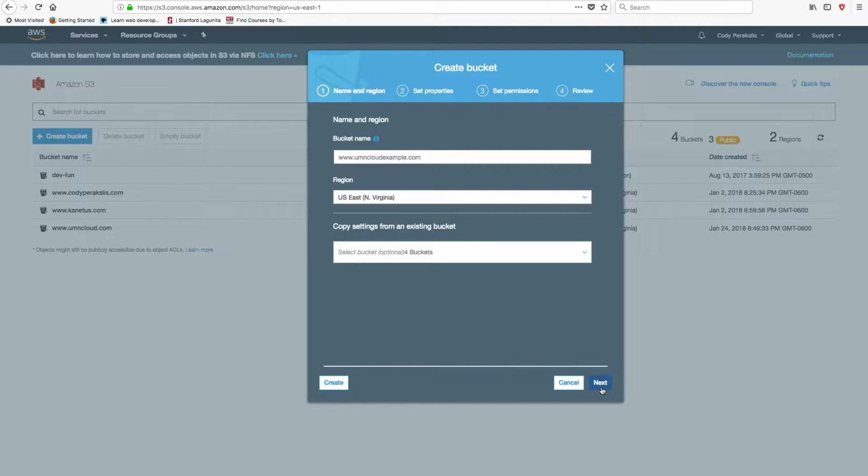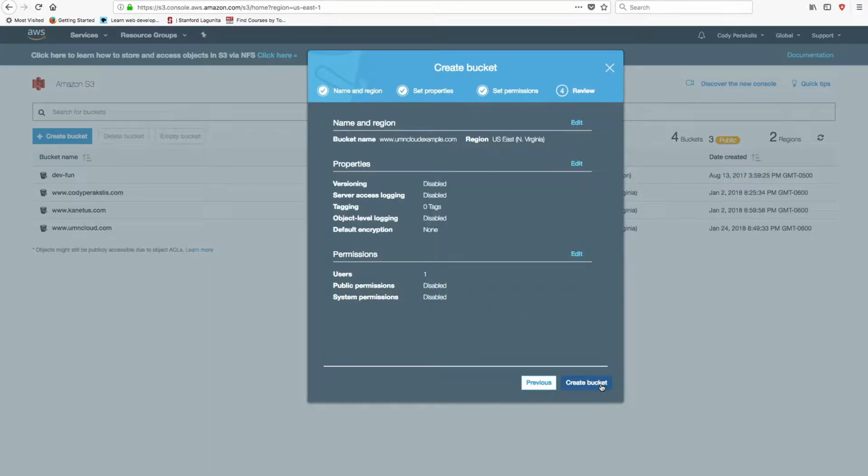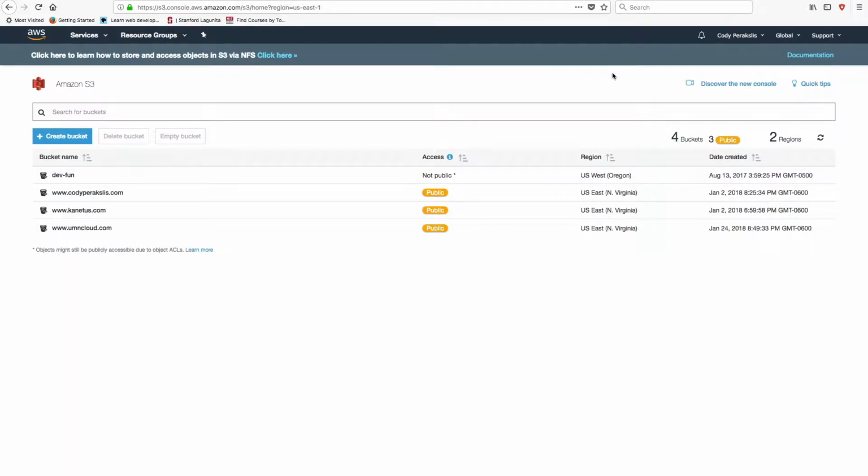And then everything else would be good to go. So then you can go through next, next, next, and then create your bucket. So now that you have a bucket created, what you would do is, and I'll use this one as an example,